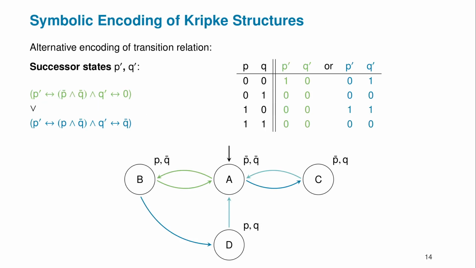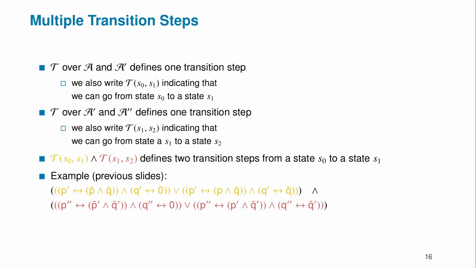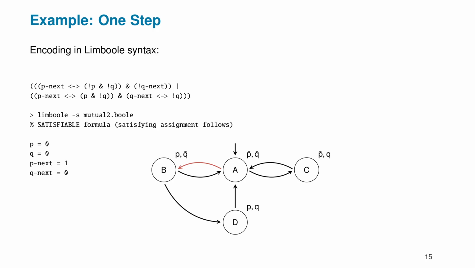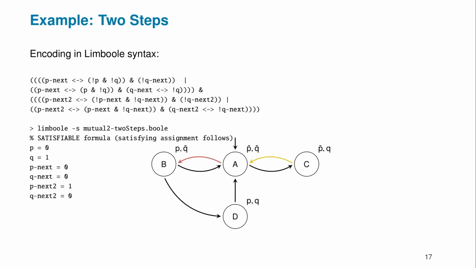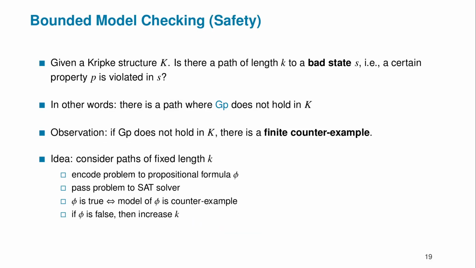We have seen an alternative encoding which could become more compact, where we use a truth table. This is similar to the encoding we have used for translating circuits into Kripke structures or I/O automata. So we build a truth table and translate this truth table into a Boolean formula. We also discussed how to translate this into Limboole format. Then we also said that this gives us one step in the system, and in order to do multiple steps, we have to copy this encoding of the transition relation. This we did. We saw how to do 2 steps in our example. We saw how to do 3 steps in our example, and then we continued with